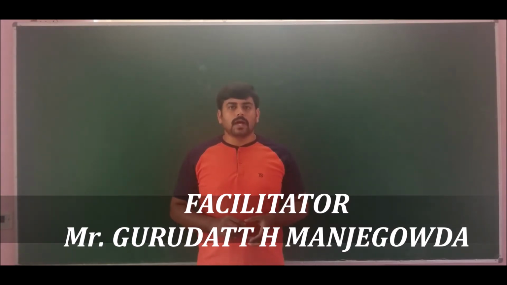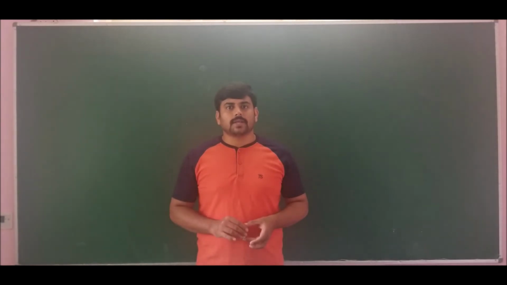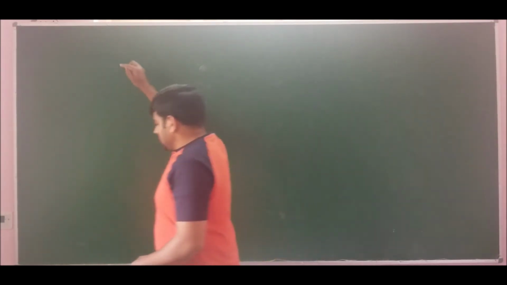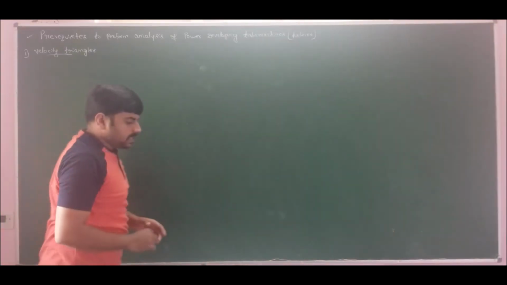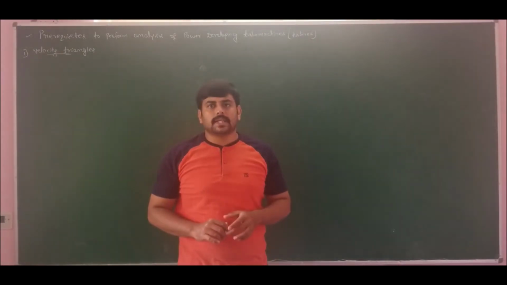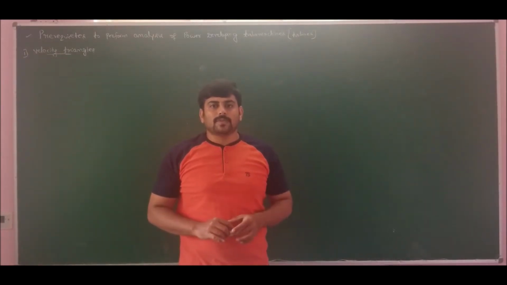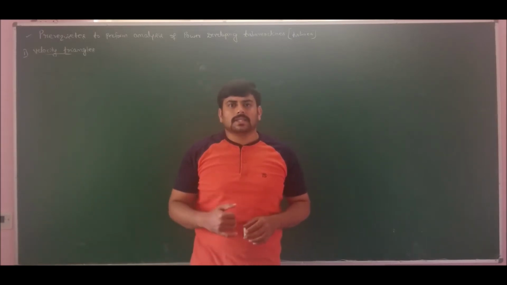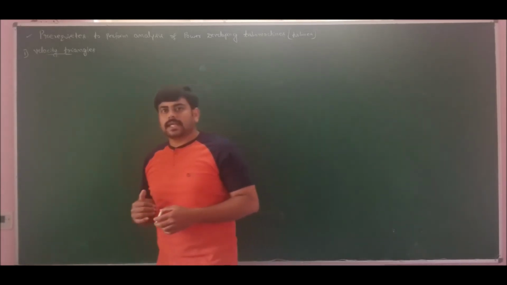Let us quickly move and discuss how to draw velocity triangles for given conditions based on the general velocity triangle of turbines. In our lecture 2 itself, I clearly explained how to draw the general velocity triangle for power developing turbo machines, that is for turbines. Let us recall it, and based on the general velocity triangle, we can alter the velocity triangle for given conditions. If we draw the general velocity triangle, it will look like